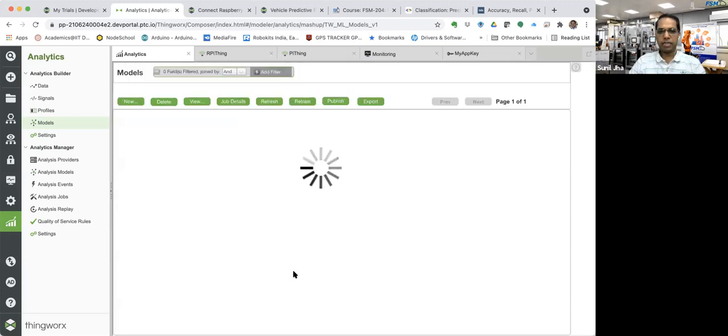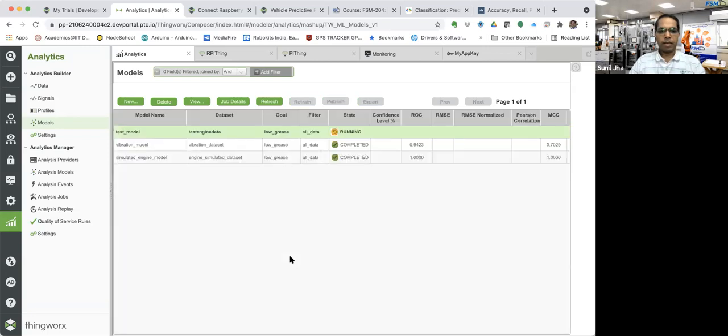You will submit this. Now this will be running. The test model will take some 60 seconds or a little more, depending on the data. All the program that you have written to generate the model, I think the same thing is now happening in the background. So you will be able to see here, this is still running.